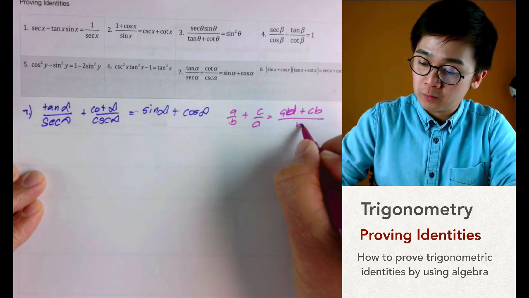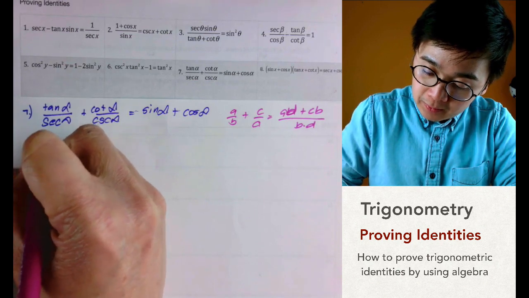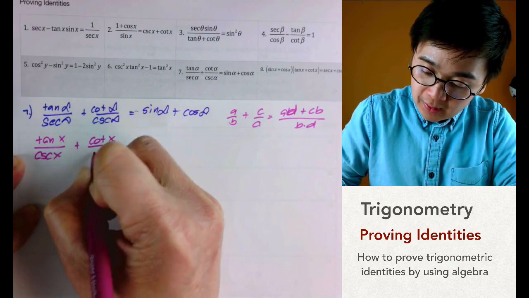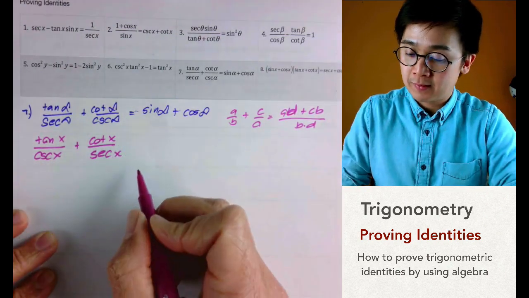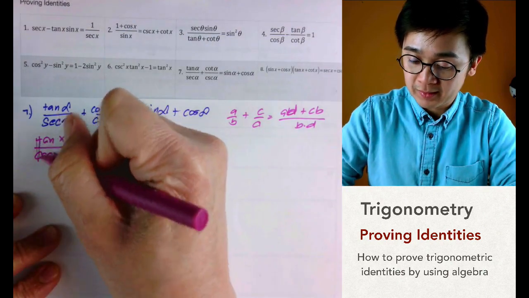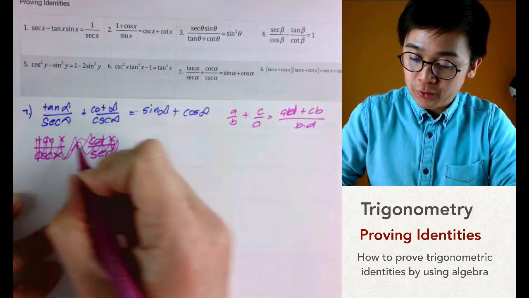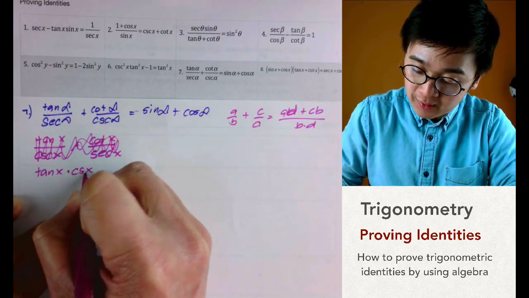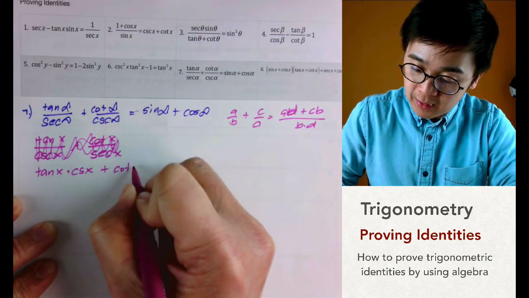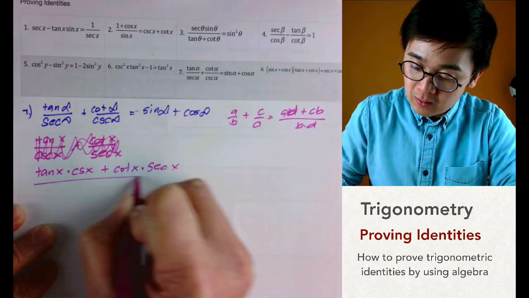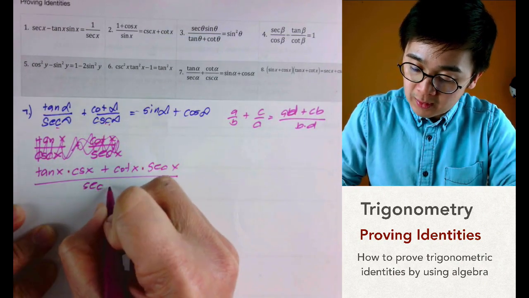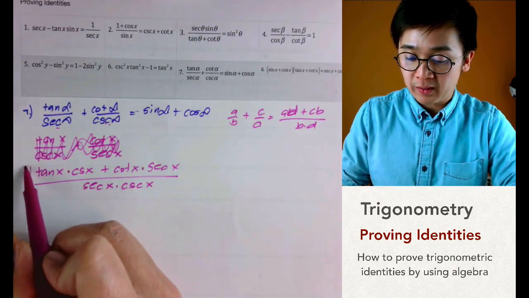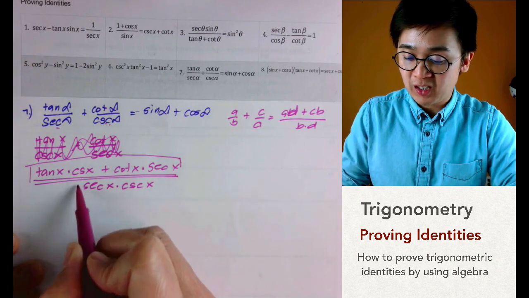plus CB all over BD. So this and this, tangent x times cosecant x plus cotangent x times secant x all over secant x times cosecant x. And again, this is the case wherein I'm going to simplify my numerator first and just ignore my denominator for